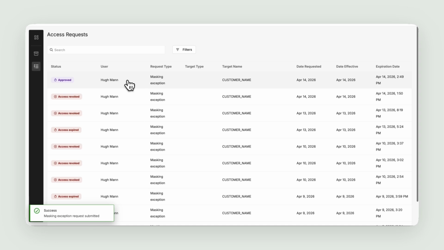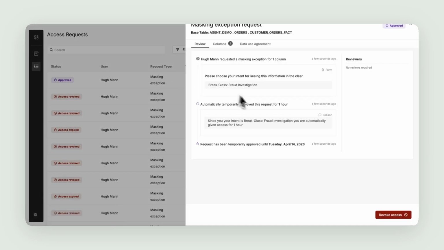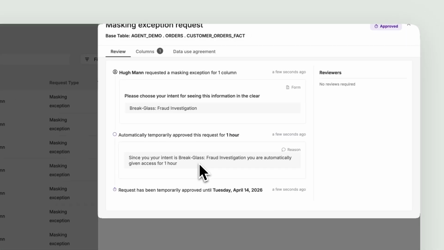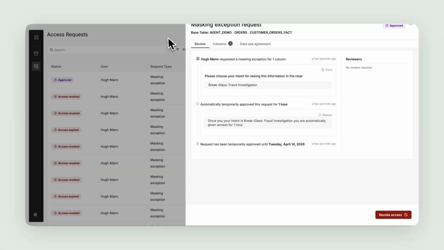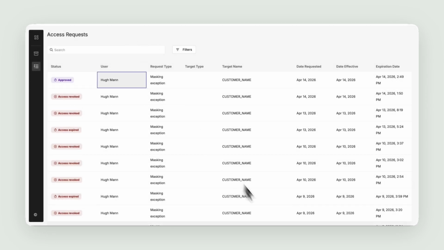And then I actually have a rule in here that I set up ahead of this demo that said, hey, if someone requests access and their reason is break glass fraud investigation, they're automatically given access for 1 hour. So this allows the agent to request access for users and have that be automatically approved if it meets the criteria, right? So let's now go back to